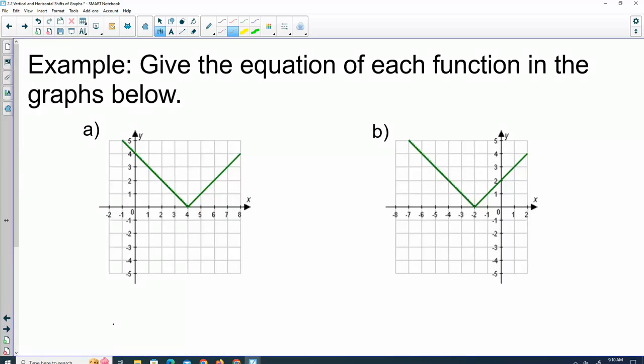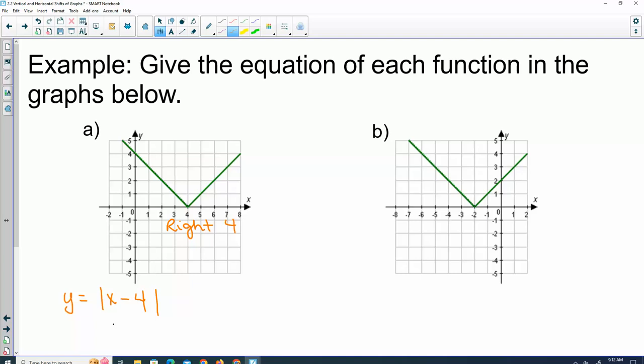I want you guys to write the equations for each of these. What's the parent function for both of these? Absolute value of x. So you can call them y equals, you could call it f of x, g of x, whatever you want to call it. So we have the absolute value of x. This one moved which way? Right? So if it's moving left or right, we know it's on the inside, and it does the opposite. So since it moved in the positive direction, so it's the absolute value of x minus